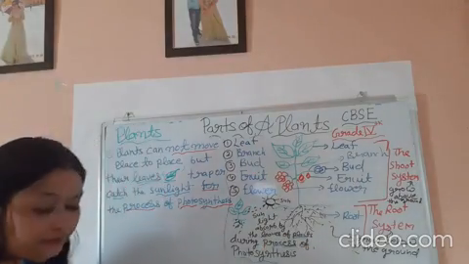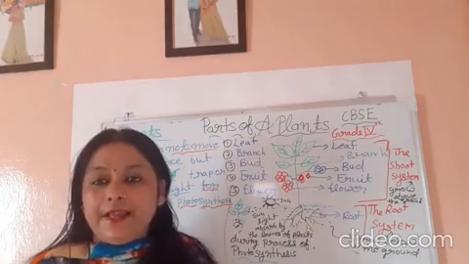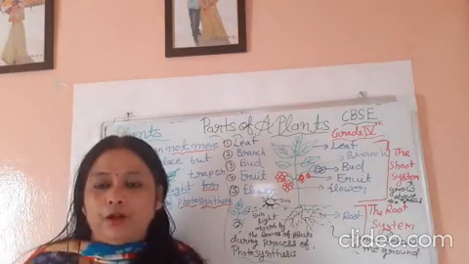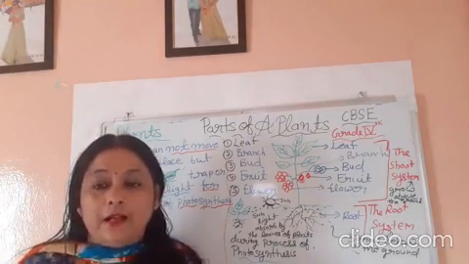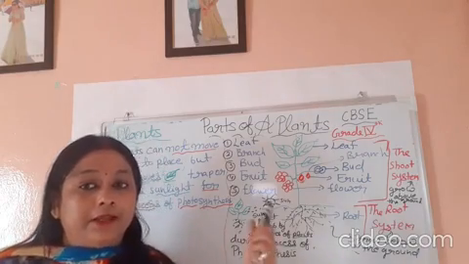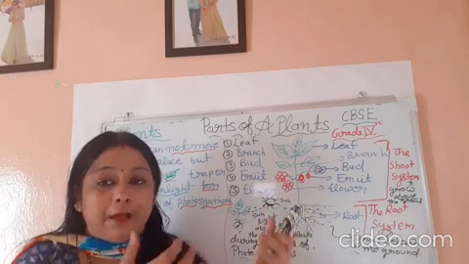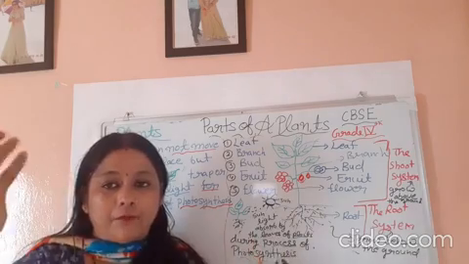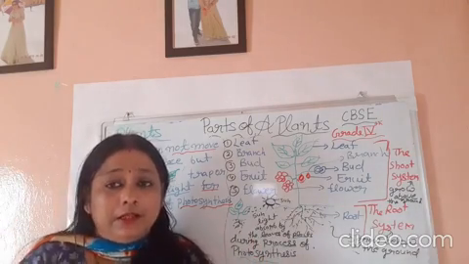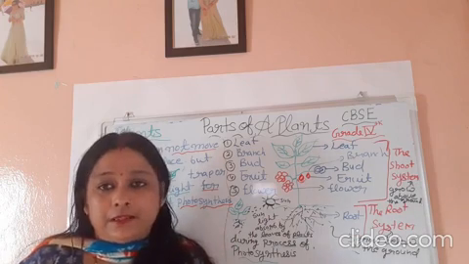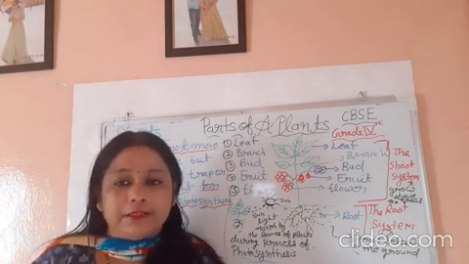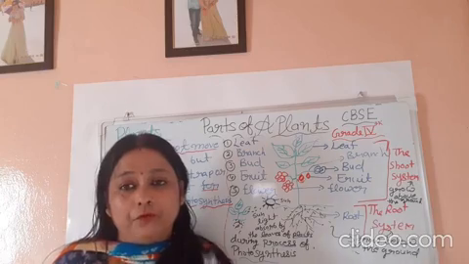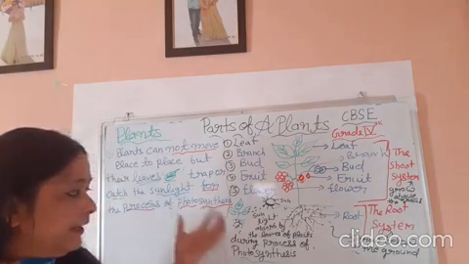Plants cannot move from place to place, but their roots absorb water from the soil, and their leaves absorb and trap sunlight that comes from the sun. During the process of photosynthesis, plant leaves make their own food.